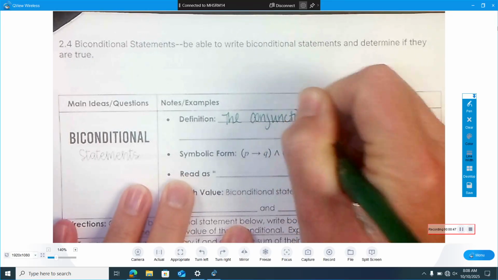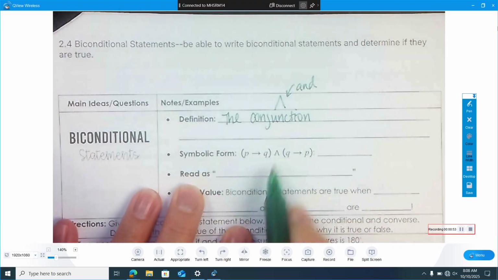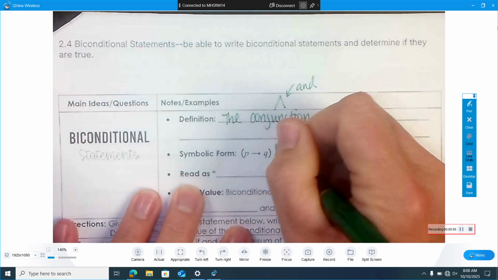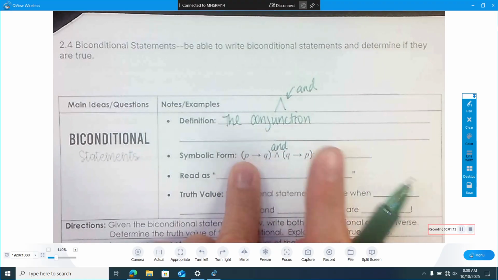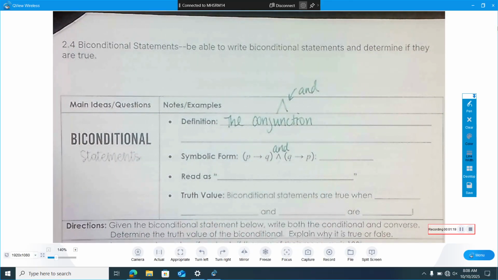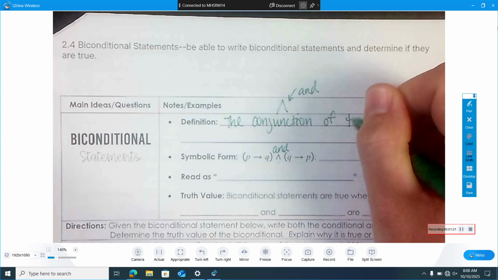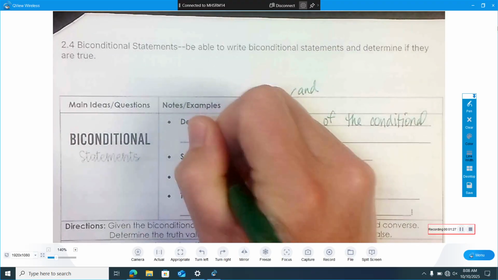and conjunction was when we had an "and" logic statement. And that's what that little conjunction symbol is. So we've been practicing with those logic statements. What does it mean if you have an "and" statement? It is only true if both parts are true. So when we look at this symbolic form, each piece has to be true for the whole conjunction to be true. So it's the conjunction of the conditional and its